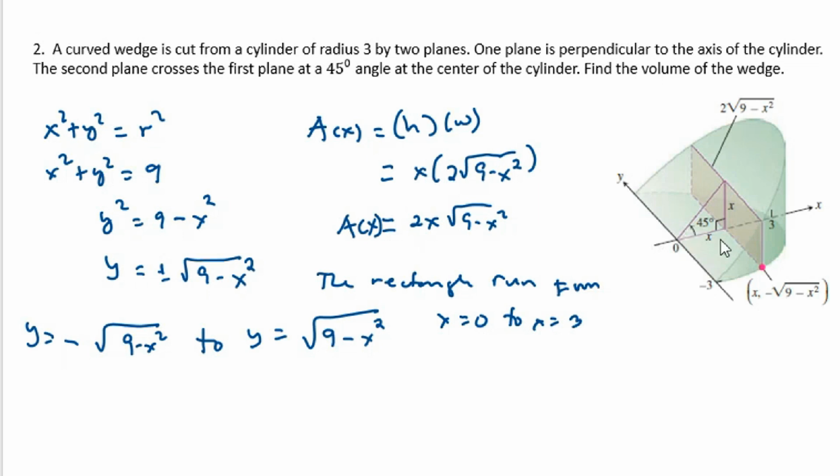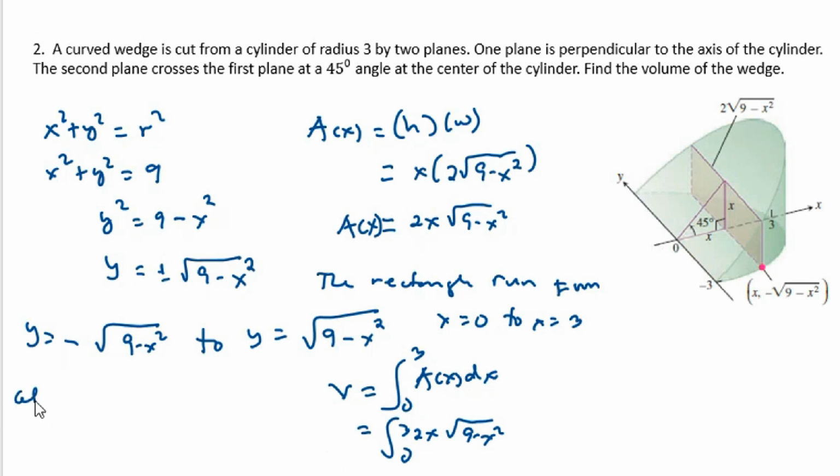I'm referring to this one. Okay, so we can now have the formula for our volume. V is equal to the integral of A of x dx from 0 to 3. So by substituting the value of A of x, we have the integral of 2x square root of 9 minus x squared from 0 to 3. So integrating that one, I will just write here, let u is equal to 9 minus x squared,